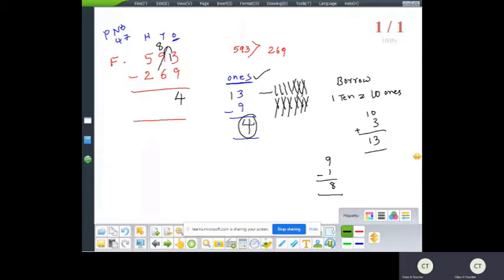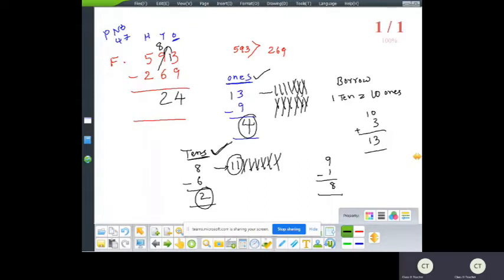Now subtracting on tens. Under tens, the digits are 8 and 6. 8 minus 6. It means 6 is subtracted from 8. The 6 is smaller than 8, so there is no problem. There is no need to take borrow. Draw 8 lines: 1, 2, 3, 4, 5, 6, 7, 8. From 8, we cut 6 lines. After cutting 6 lines from 8, there are 2 lines. 8 minus 6 is equal to 2. This 2 goes right under tens.